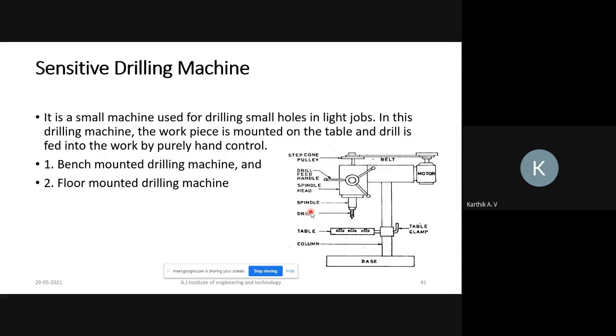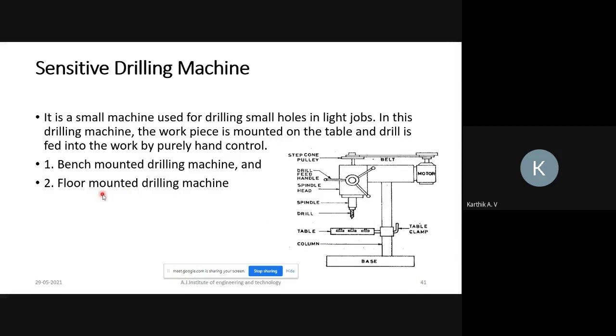There are two types: bench mounting drilling machine and floor mounting drilling machine. In bench mounting, light jobs can be handled on the work table. In floor mounting, the workpiece is placed on the floor, and large weighted workpieces can be handled.